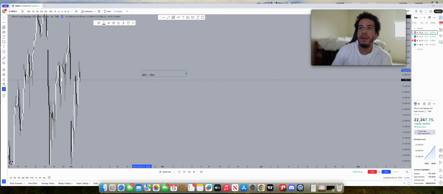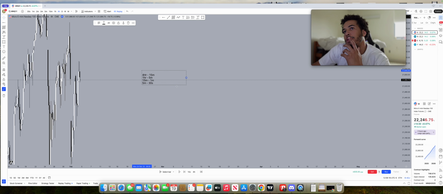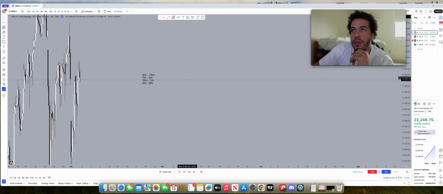Wait, I'm tripping. I'm gonna do 4 hour because I don't go above the 4 hours. So 1 hour to 5 minute, 15 minute, 15 minute to 1 minute. And then you could do like 5 minutes to 30 seconds. So these are the alignments of market maker models. So basically what I'm saying here is